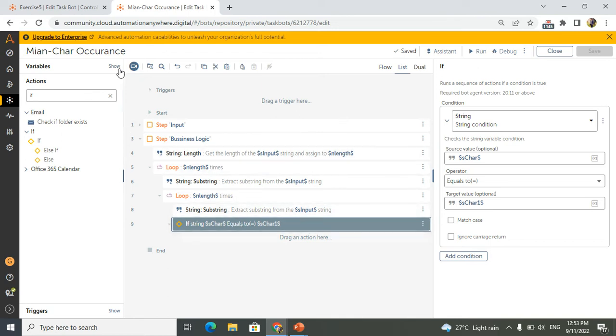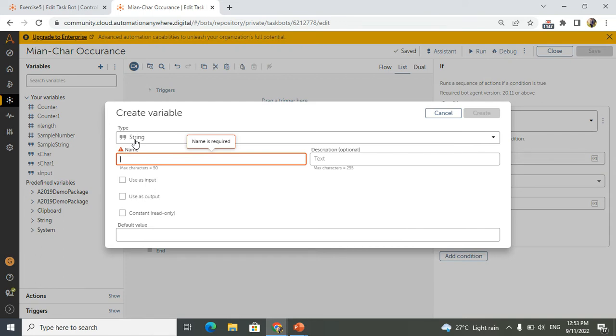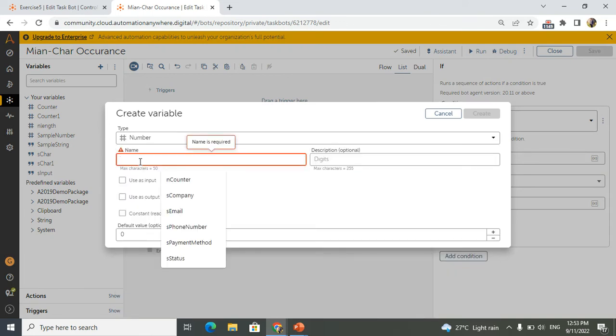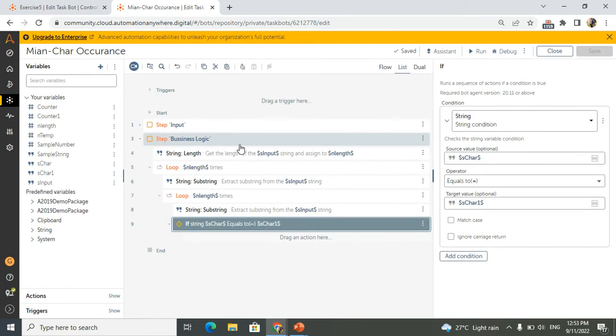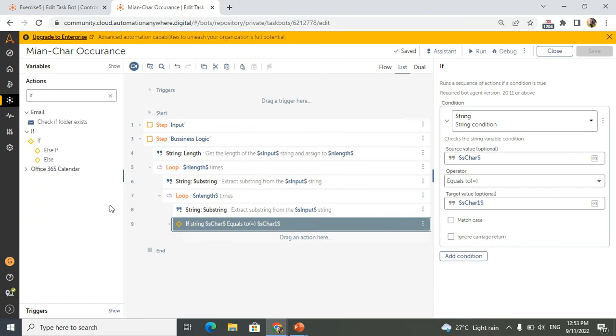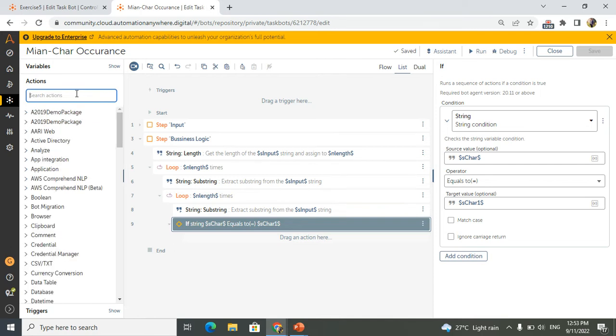So for that purpose I will create one more variable in the number. I will call it n temp. Basically this n temp will be assigned as 0 in the first loop. In the second loop our n temp will increment. So for that purpose I will take an assign activity